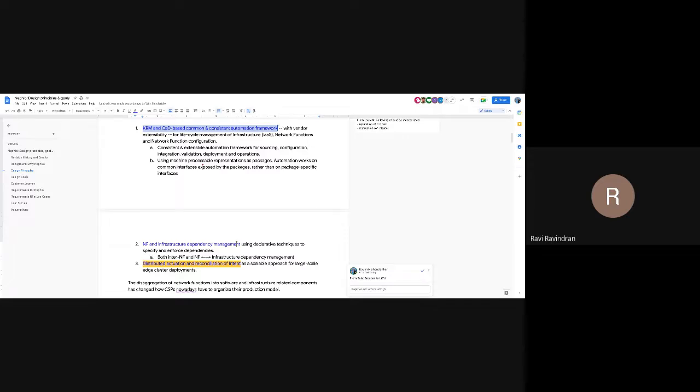The other thing is, because the Nephio system itself is not going to work in isolation, right? You clearly identify the need for open APIs, and you also need some kind of open APIs to allow multi-vendor cloud deployments from a clustering perspective in the edges and so on. So I think it would be good to reflect that somewhere in the design principles, to say that the system has to operate based on these open APIs.